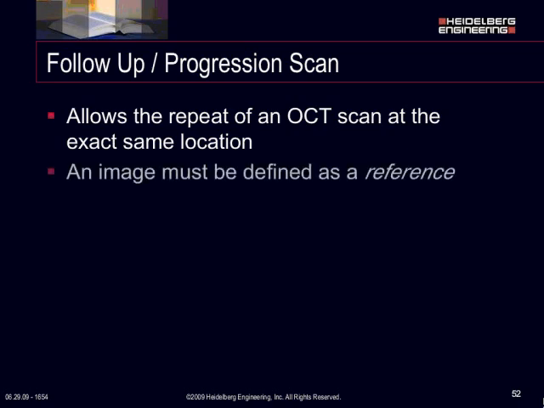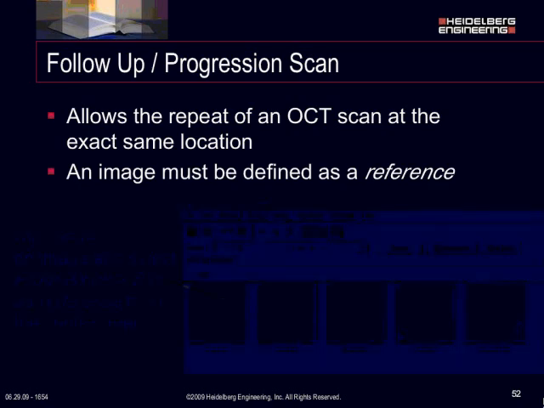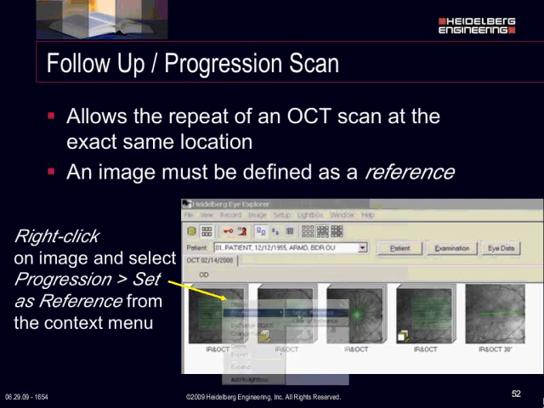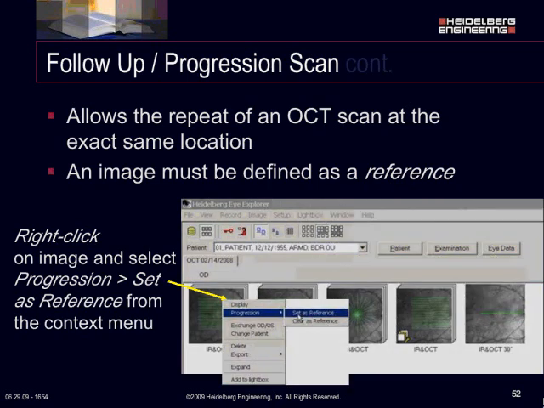Right? An image must be defined as a reference image. And so what we're going to do is look at a particular patient, right-click on the thumbnail of that image, and say progression and then set reference. And what that does is